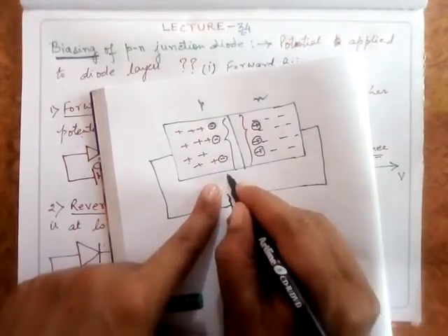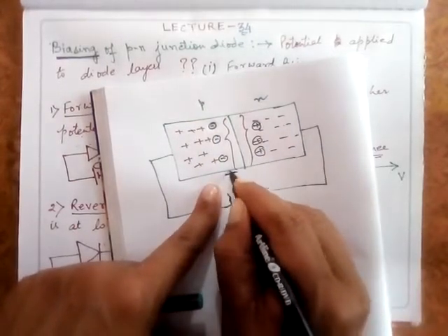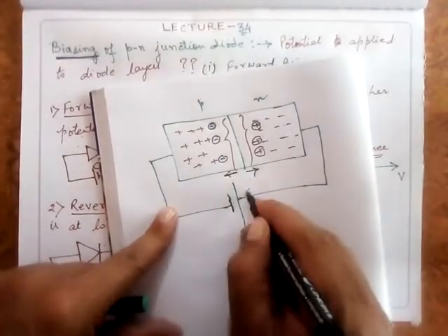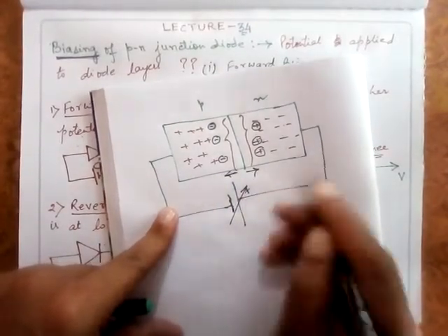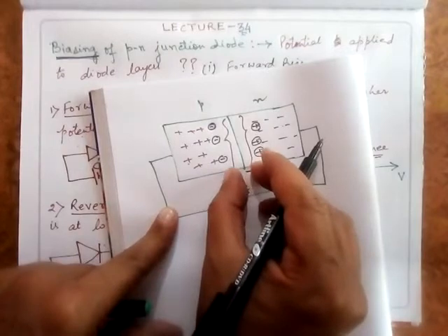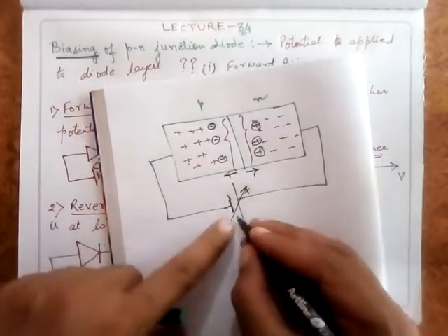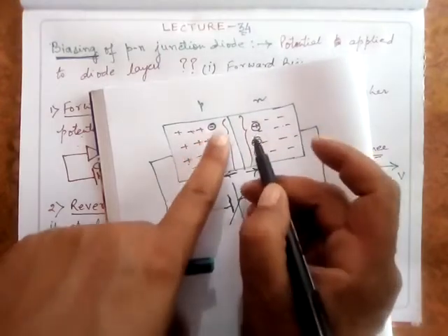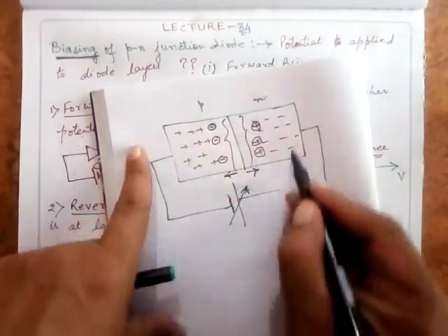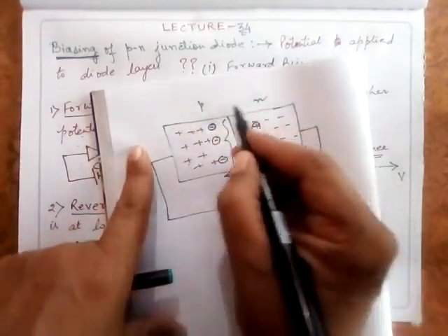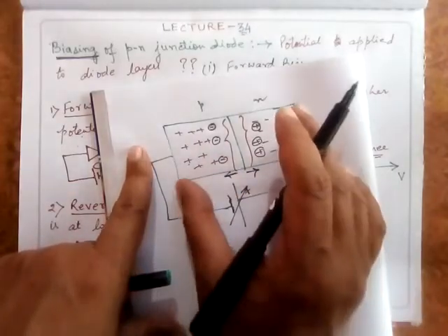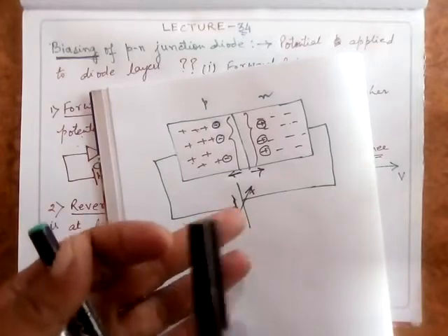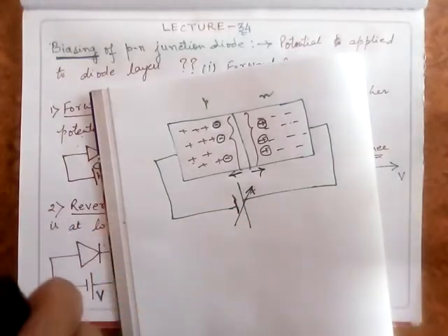What is happening? It means that this depletion layer width is increasing. If I keep on increasing this, the depletion layer width will increase by the application of this. This depletion layer width will increase, and of course no current will flow in the external circuit. And ideally it is acting as an open switch. But apart from this, as I told you, you have